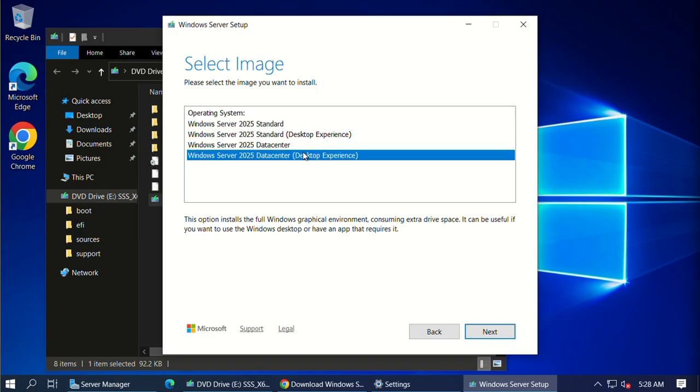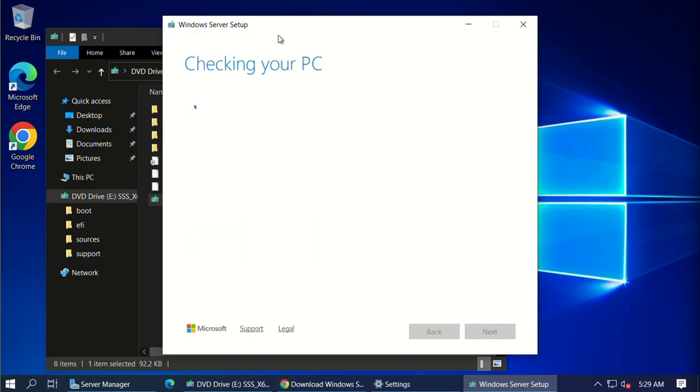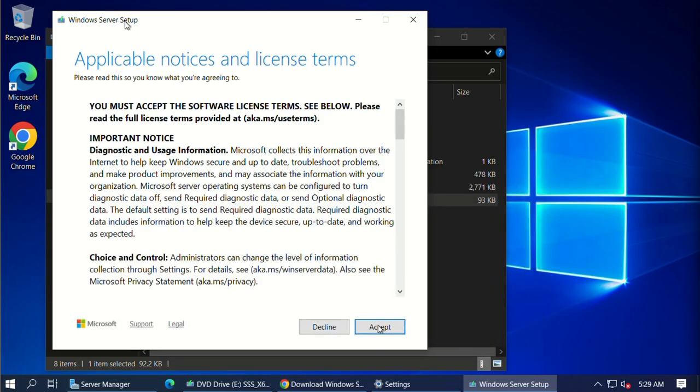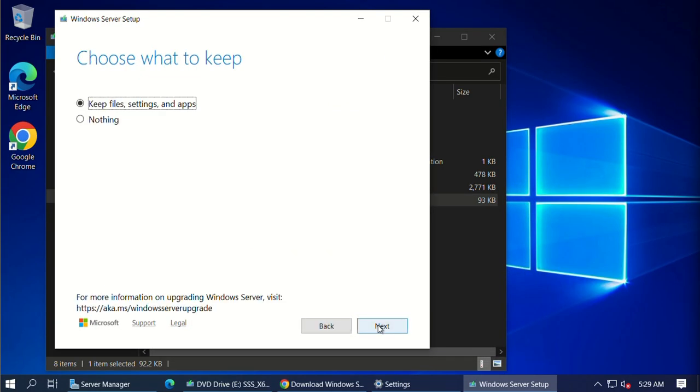So select Windows Server 2025 Data Center Desktop Experience, because the Windows Server Core version is not able to be used in Windows. After that, click next, then click accept.